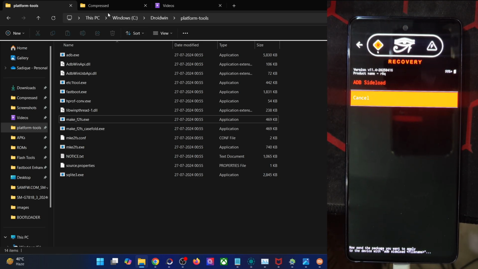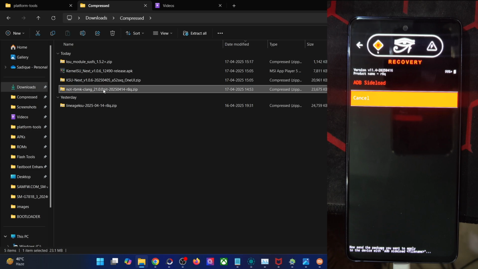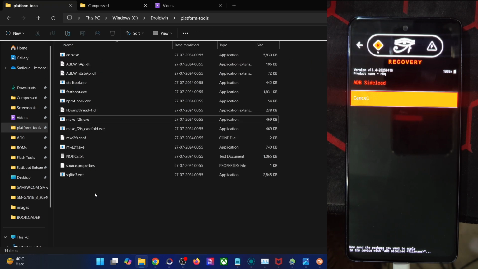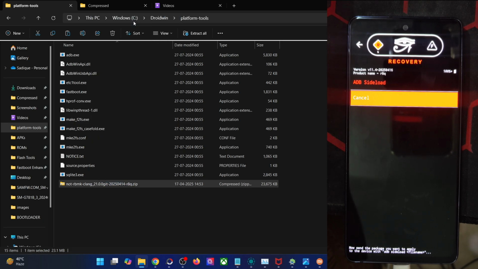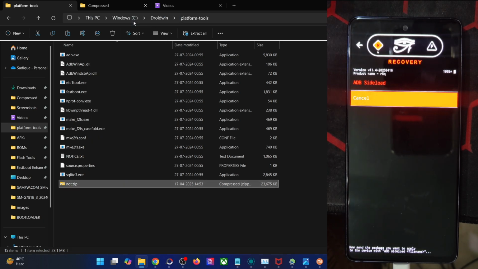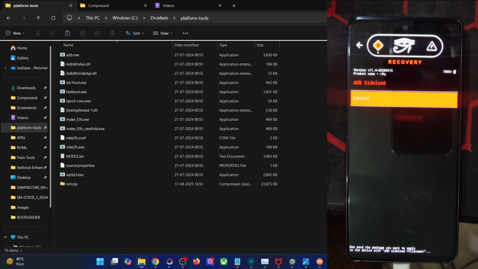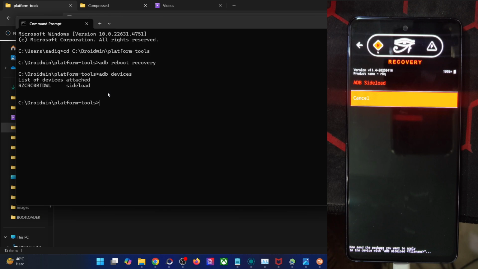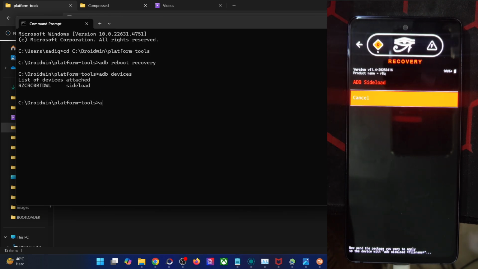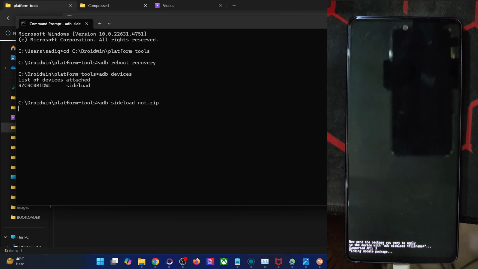Now transfer the kernel file over here inside the platform tools directory. So paste it here and rename it to something shorter. So let's rename it to not, and the complete name becomes not.zip. And now you must do the side loading. So type in ADB devices to verify that your phone is in the sideload mode, and you could see it's now in the sideload mode. So now type in ADB sideload, file name which is not.zip, and the flashing will now start,